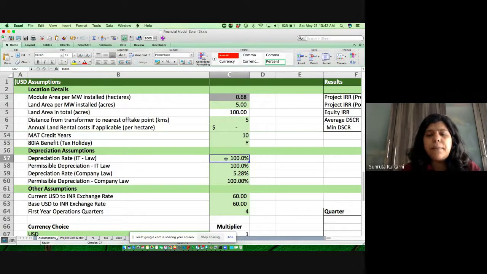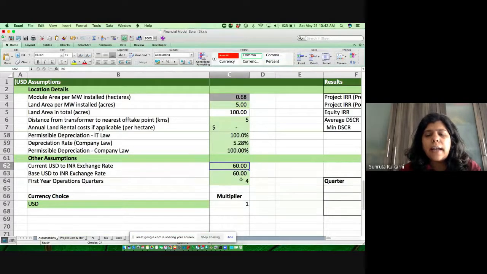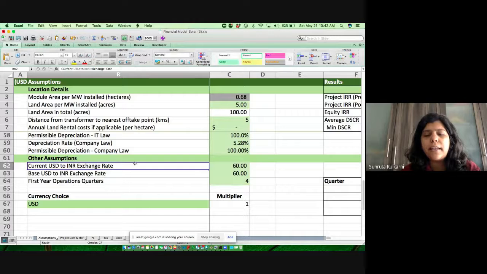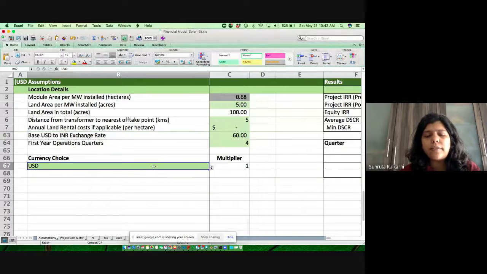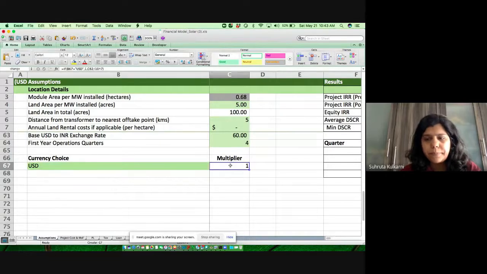For simplicity purposes, you can give one rate, which is okay at a level where you are in the fundraise process, or where 80% of the asset is one specific asset and 20% are the remaining assets. Then also it's okay to consider one depreciation rate right now. Then, as we had mentioned yesterday, this is a model which we had built for USD as well as INR. So we have used different currency exchange rates also, which are inbuilt into the model. And here also, again, I have a choice. Am I using USD? Am I using INR? What kind of multiplier am I using for the model, right?